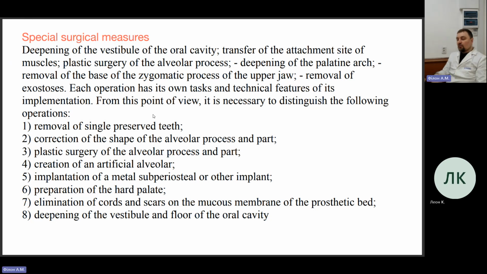Removal of exostosis. What is it, exostosis? Exostosis is small bone pieces under the gum. Small bone like needles, which you can find after extraction of a tooth. If you didn't polish that area by burs, later in a while, a few months or one year, that bone exostosis can stay there. And if you make pressure on that area with your fingers, it's going to be very painful